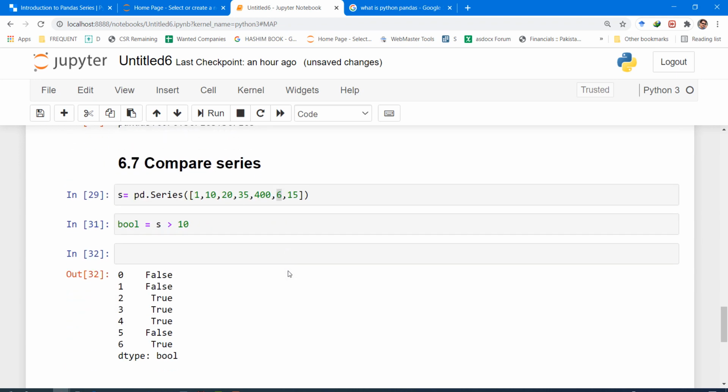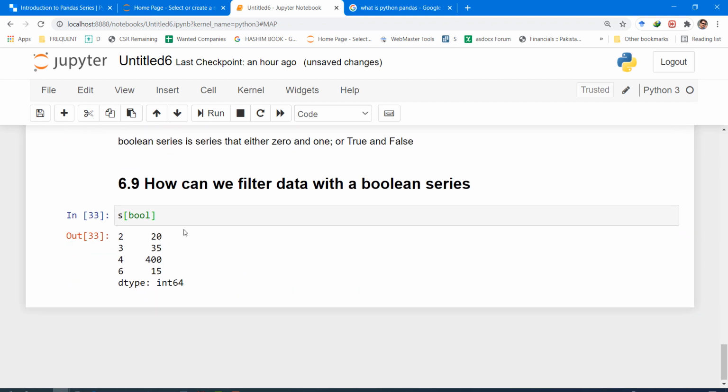If we look at the S series, at index 2 we have 20, then 30, then 400, and last we have 15. So we can get all these values by slicing from the S series using the Boolean series. Whenever the value was True, we sliced the item from the series.